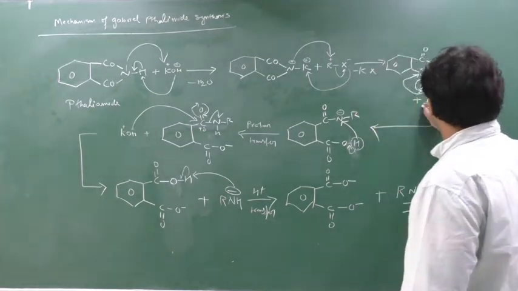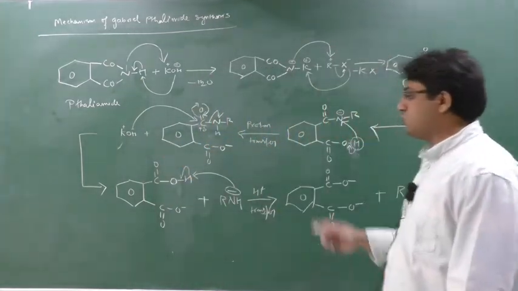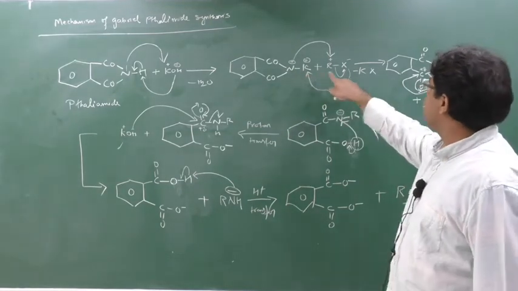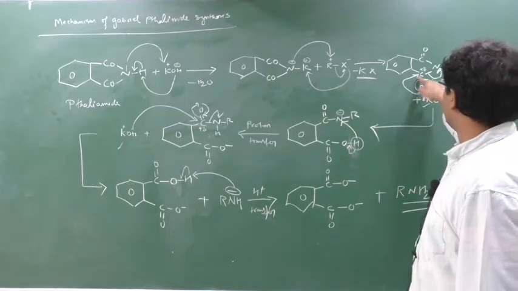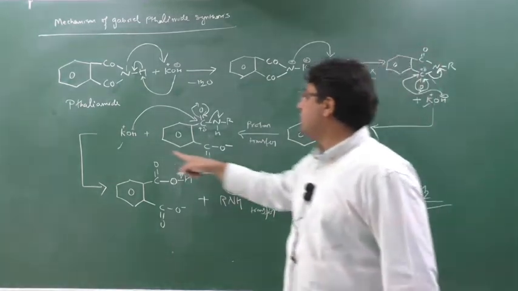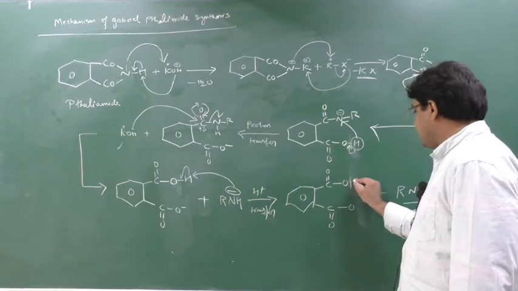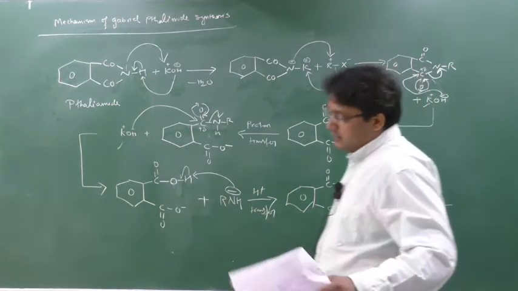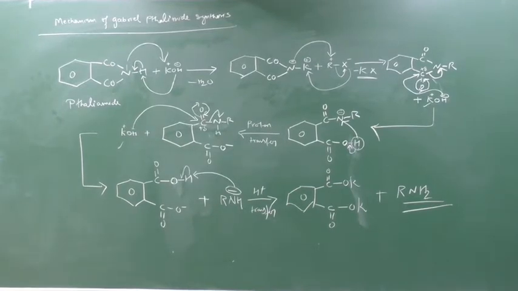And see in the reaction, K plus has been used 2 times, so 2 K plus will be remaining in the reaction. Whatever K was released here is from KX, but here also KOH I have used to attack this carbon, so 1 K plus, and another KOH I have used to attack this carbon, so 2 K plus. So 2 K plus will be attached here, so these will be the products formed during the Gabriel phthalimide synthesis. Are you understanding? So this is your mechanism of Gabriel phthalimide synthesis.